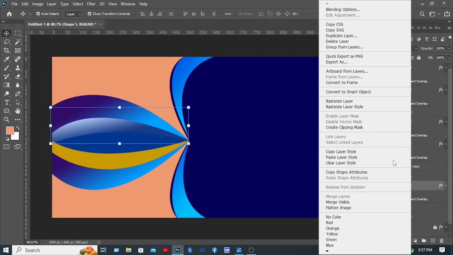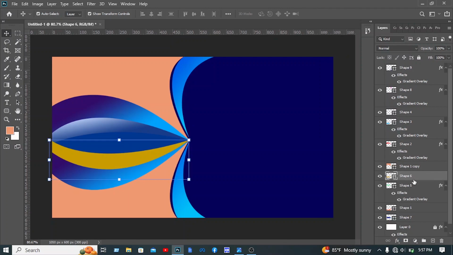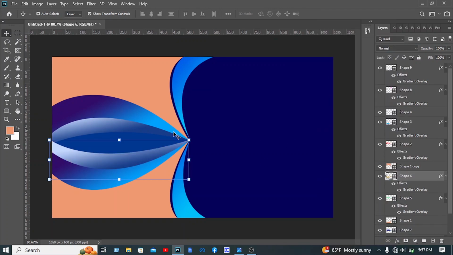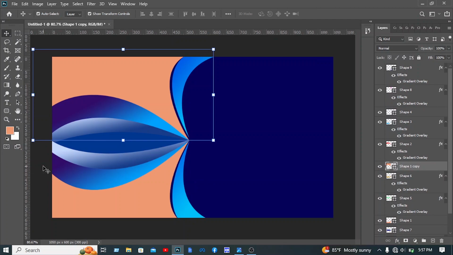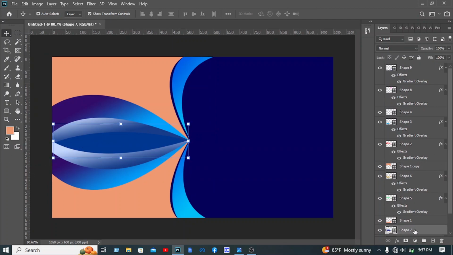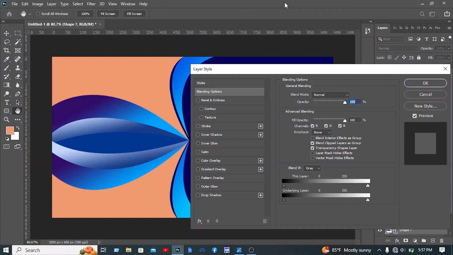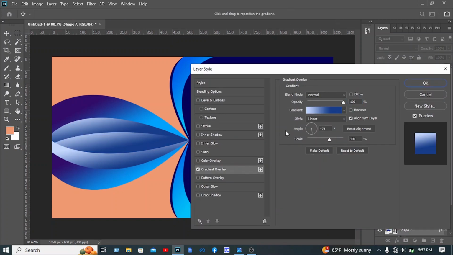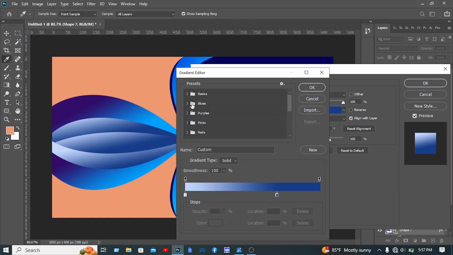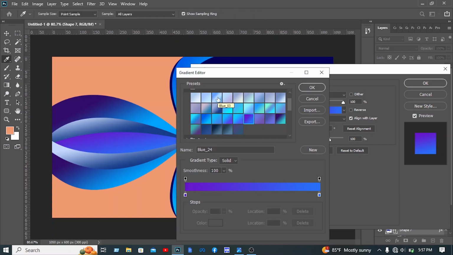then right click on this, then click on the copy layer style, then select this, then right click on this, then click on the paste layer style, then you have to select this layer, then right click on this layer, then click on the blending option, then you have to click on the gradient overlay, then you have to click on here, then click on the blues, then you have to select this color,